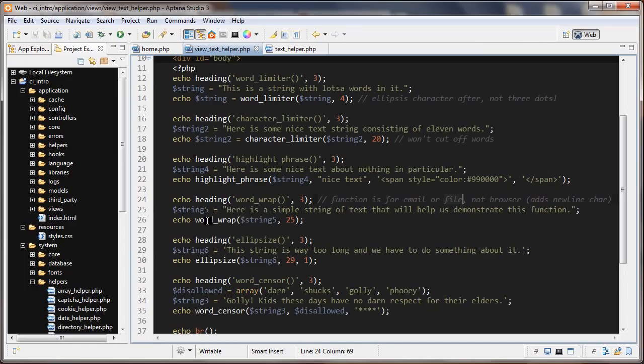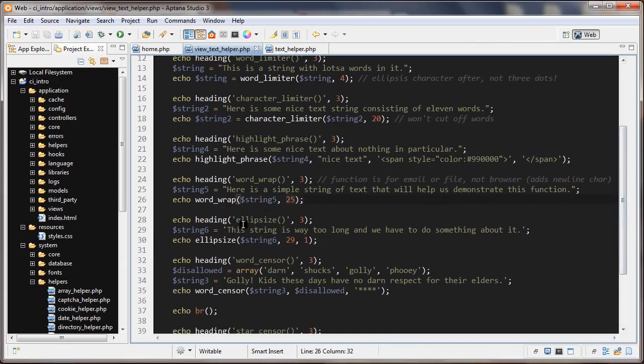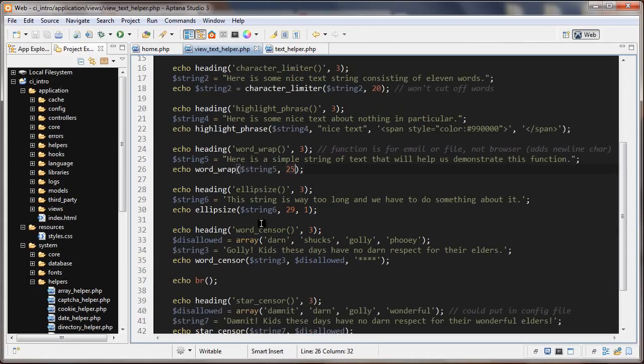But here it is, word wrap. The first thing you pass is the string, and the next one is after how many characters do you want to wrap. The next one we'll look at is this ellipse size. So we have here